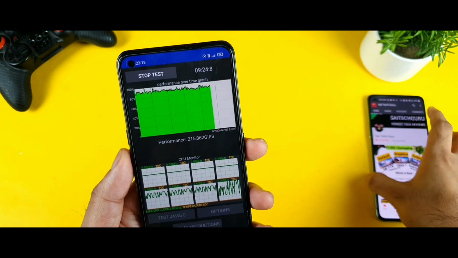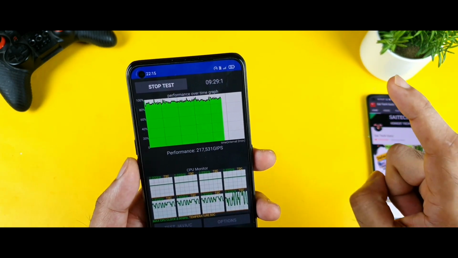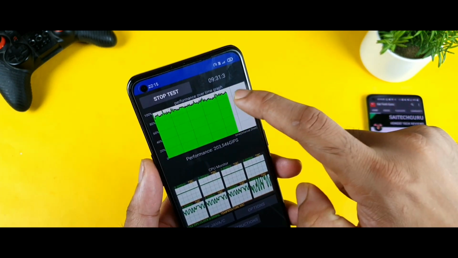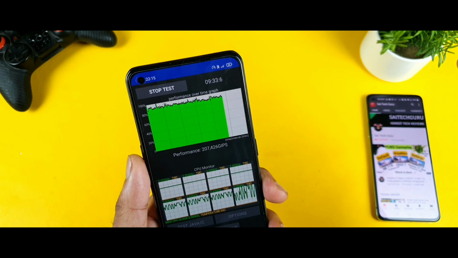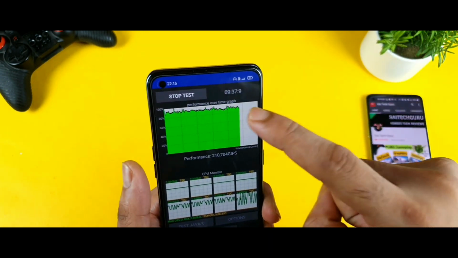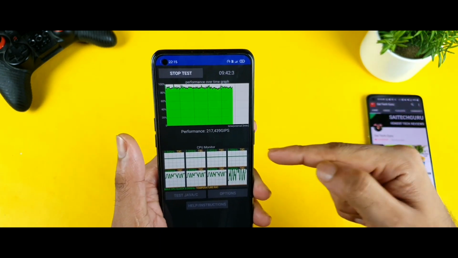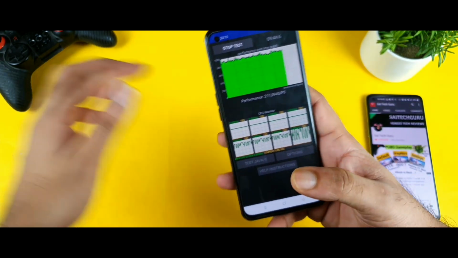So right now, as you can see, friends, it's getting close to 10 minutes. In these 10 minutes, one thing I can definitely observe is that the graph is maintaining the same pace. As you can see, it's not increasing and it's not going down. It's an okay kind of graph, I would say. Let's try to compare the before graph and the now graph, so you'll definitely understand the difference.